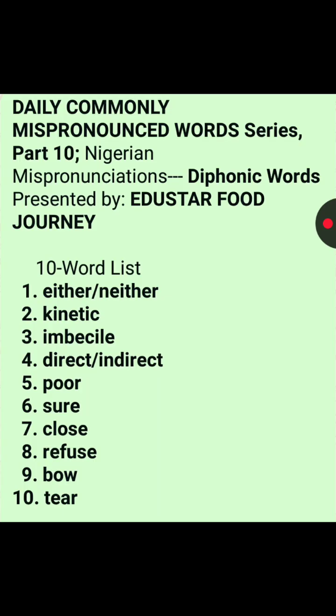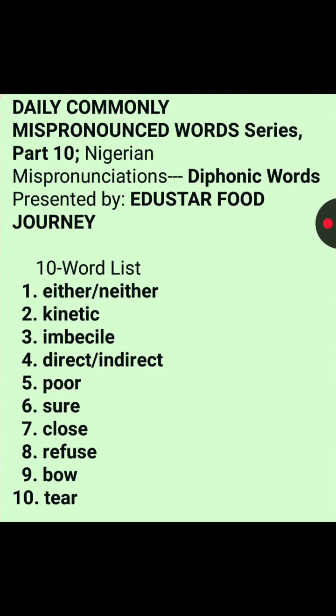Number 2, K-I-N-E-T-I-C. Number 3, I-M-B-E-C-I-L-E. Number 4, D-I-R-E-C-T or I-N-D-I-R-E-C-T. Number 5, P-O-O-R. Number 6, S-U-R-E. Number 7, C-L-O-S-E. Number 8, R-E-F-U-S-E. 9, B-O-W. And 10,